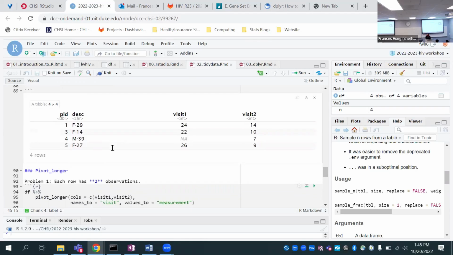The reason is, if we wanted to take averages of this value over multiple visits, it's a lot harder to work across columns than have it in 1 single column. And by having it in 1 single column, you can still see what visit refers to by having a separate column that labels this is visit 1, visit 2, visit 3, and so on.